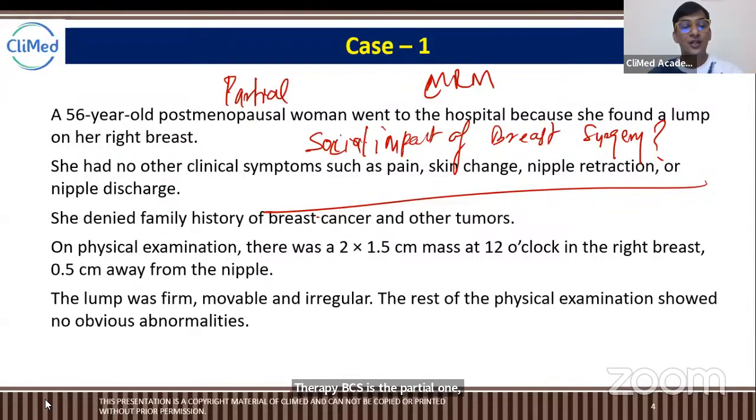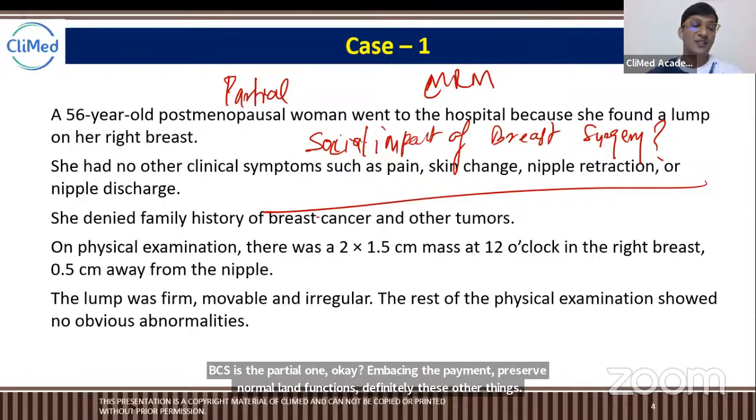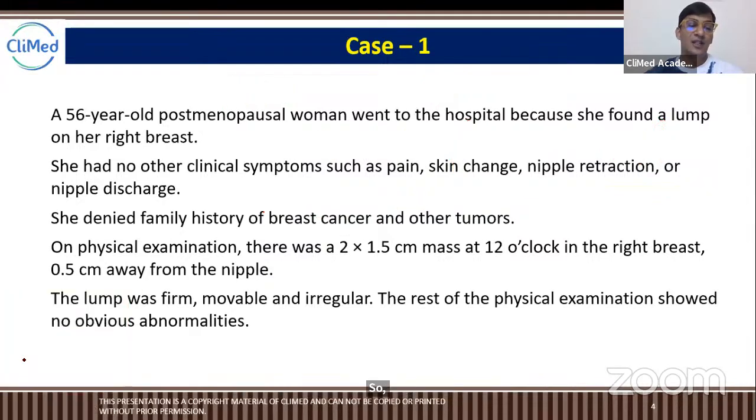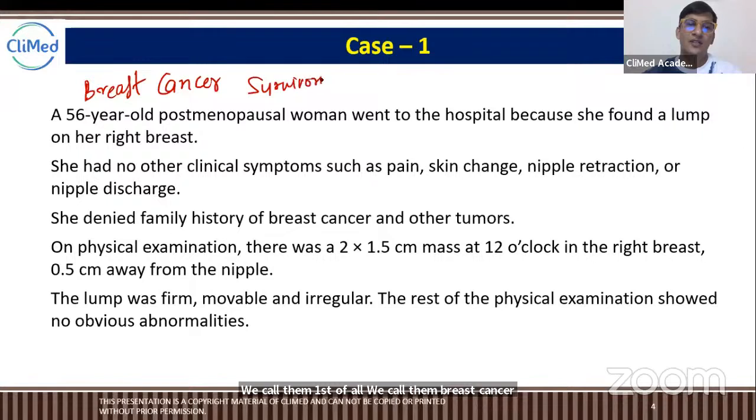So, okay, guys, let me tell you. I'll tell you two cases. I did one project. My master's project was on breast cancer. So, let me tell you what I've seen. These are very personal stories. First of all, we call them breast cancer survivors, not the patients who lived after breast cancer.